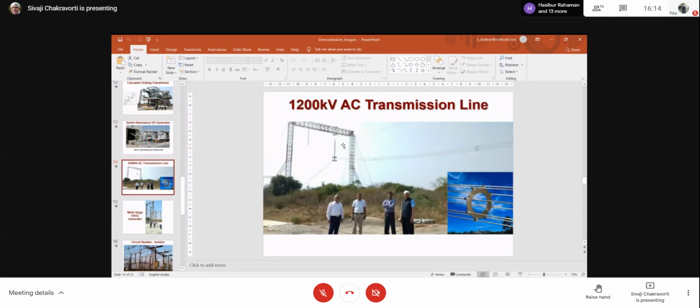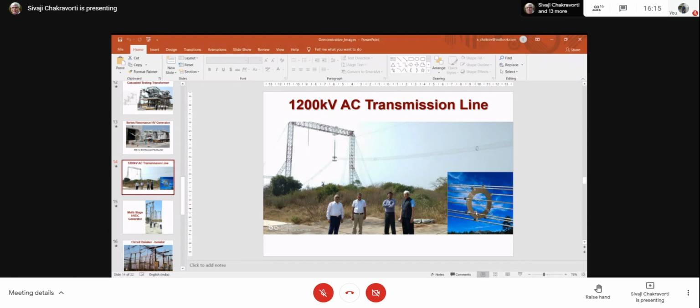This is the 1200 kV AC transmission line, which is being used in the Bina circuit of Madhya Pradesh, and this is being tested by that 1500 kV generator set at CPRI Hyderabad. Very interestingly, how the conductor looks like. If you look at my mouse, you see the conductor. I don't know whether you can see it, but this inset gives you the conductor image. I think a 10 conductor bundle is there.